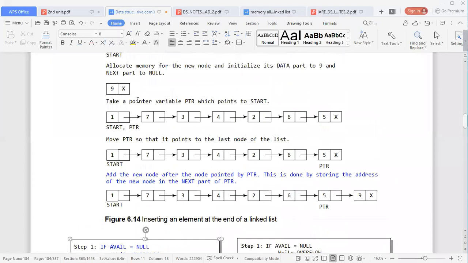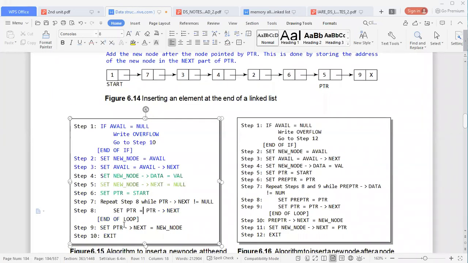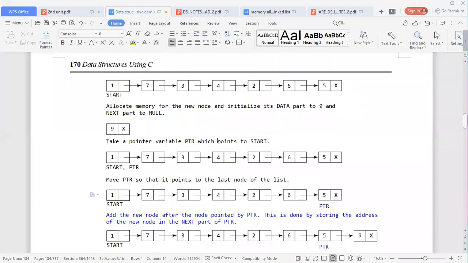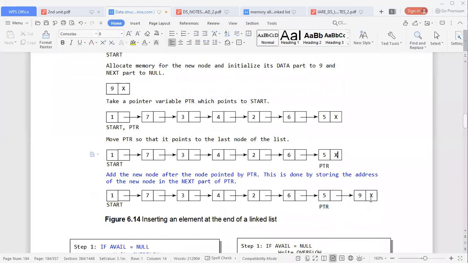So we are supposed to add the new node which has 9 as the data value and null as the next address part value. Then we add that particular new node as the last node. That particular one is nothing but this particular step. Now what to do? Set pointer next equal to new node. That means here, pointer next is this portion. This is the value for pointer next. This is the location. Here what do we do? We are adding the new node. New node is 9. So 9 is added here. So 9 becomes the last node. Why? Because the value in the next address portion of the new node is null.